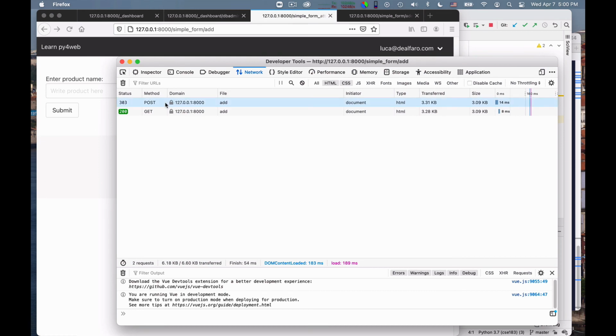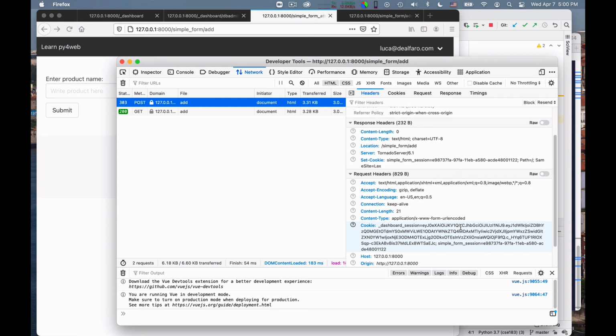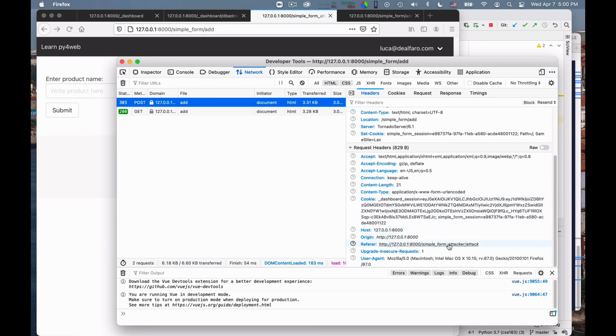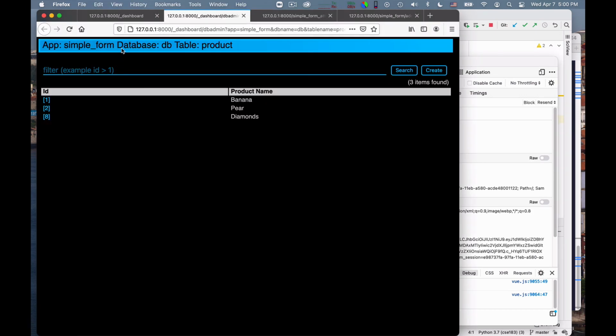You see I did this post to simple form add. If you look, actually there should be written that the referrer was a simple form attacker attack. But the request was accepted, and then we got the usual redirect to add. And now if you look into the database, there will be diamonds, twice. So this attack is possible and it happens.